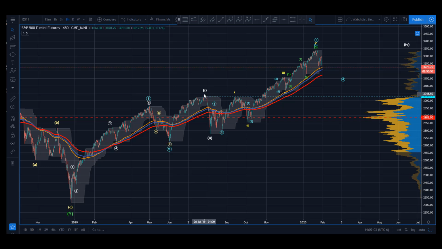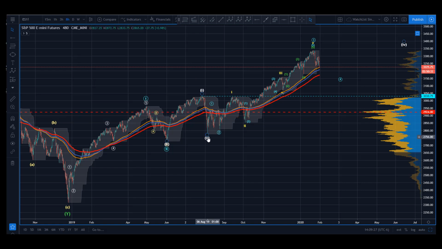Now again, we got the same condition here in that we have the extension in the 1 to give us the little impulse here. Remember, that's with the wave 1 here that didn't overlap. It held it to the tick. So you got to go 1, 2, 3, 4, 5. It's not the cleanest impulse, and there's certainly the symmetry is unusual, yet technically valid. Well, now here, let's see, I'd have to go. You won't see it at the 8 hour, but there's a little A, B, and a C to give you